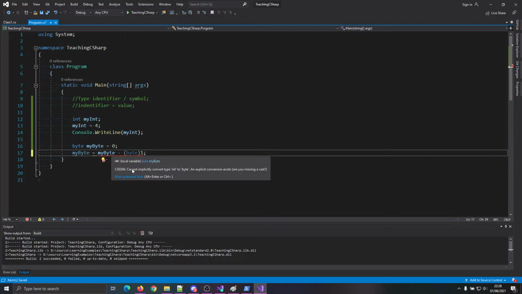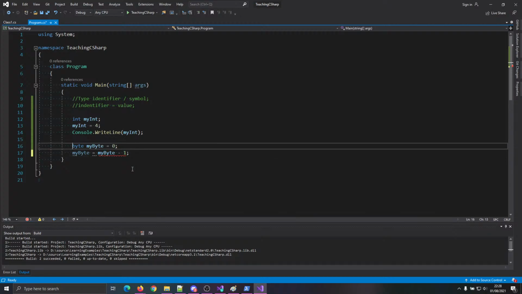It's going to say, you know, what you're trying to do here is outside the range. I can see at compile time, right? So that's before we run the program. That's compile time. When we run the program, that's called runtime. So this is a compile time error where the compiler can already see that this is outside the range of what we have specified. If we do an S byte, though,